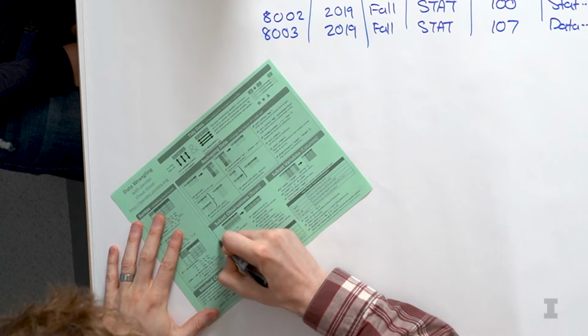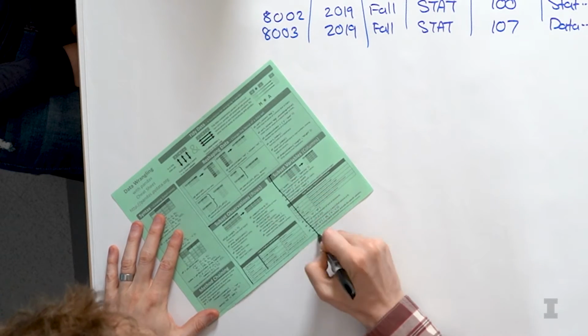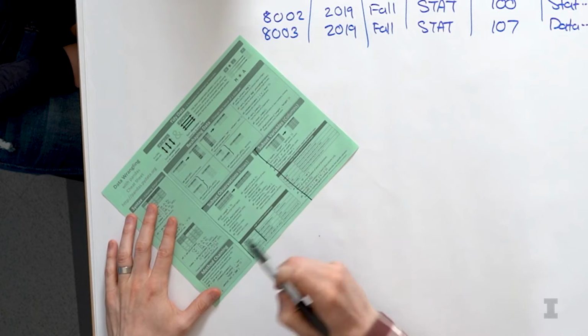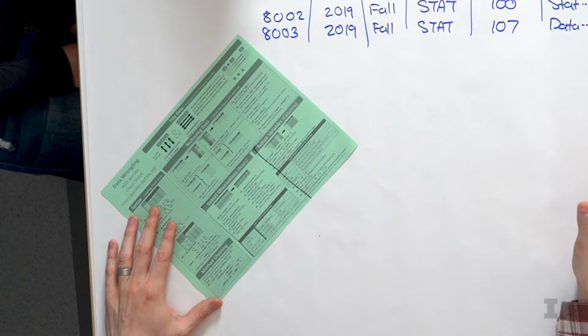We're going to dive into different areas of the cheat sheet throughout the series. And what we're going to dive into first is subset observations. So this is a subset of all of our rows and how we can select a subset of the rows. But before we actually start selecting data, we need to actually load the data.